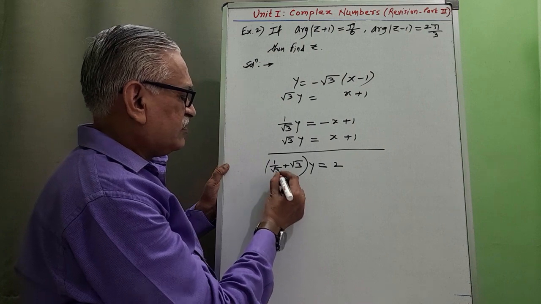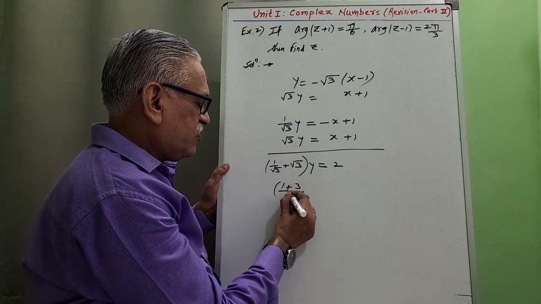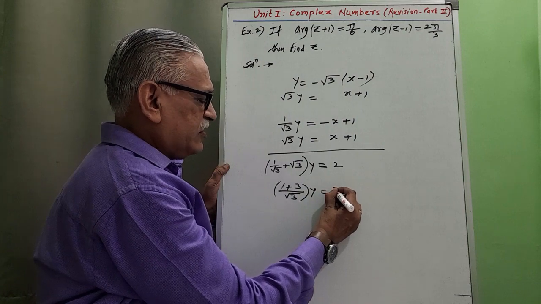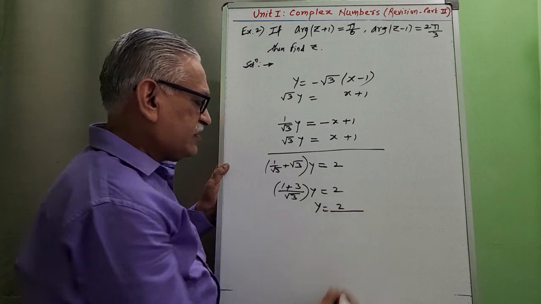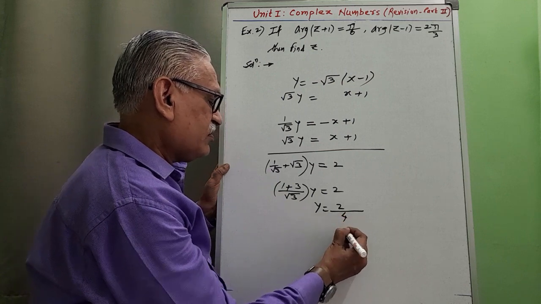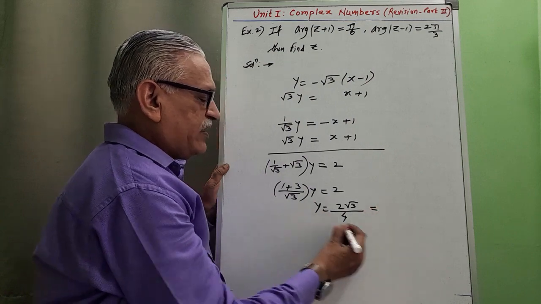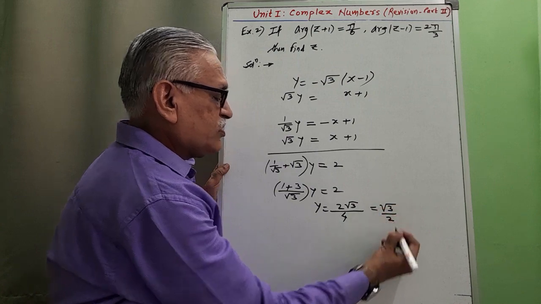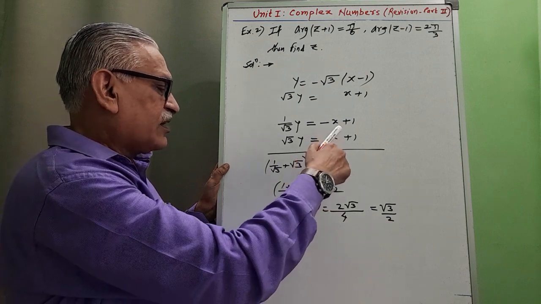1 plus root 3 into root 3 we get 3 divided by square root of 3, and that is equal to y into y is equal to 2, and therefore we get y is equal to 2 divided by 1 plus 3 we get 4 into root of 3, and that value for y, 2 gets cancelled, we get square root of 3 divided by 2 is the value of y. Substituting that value in this